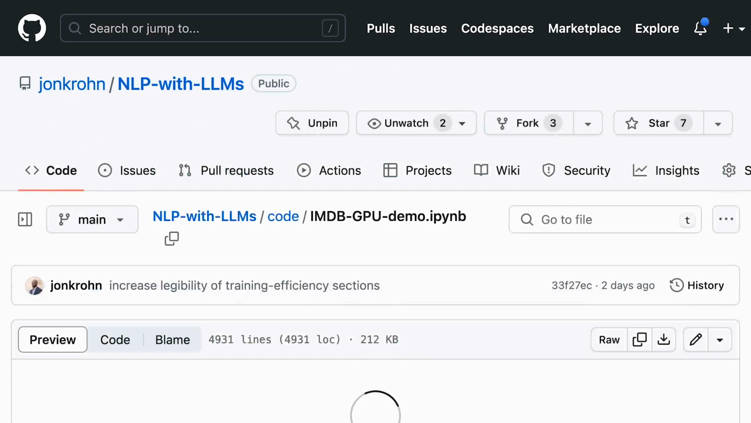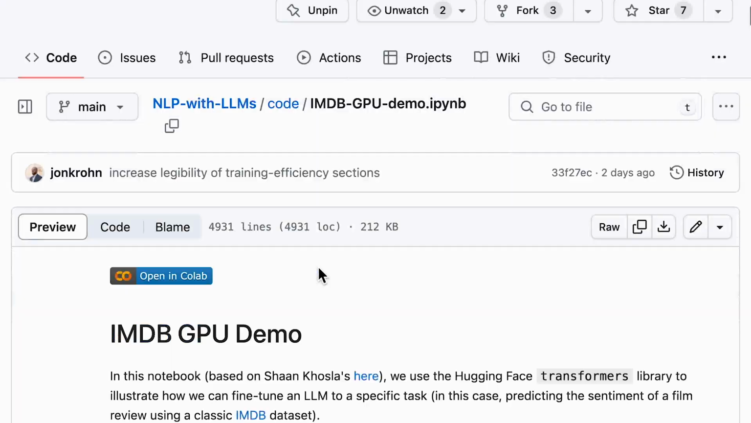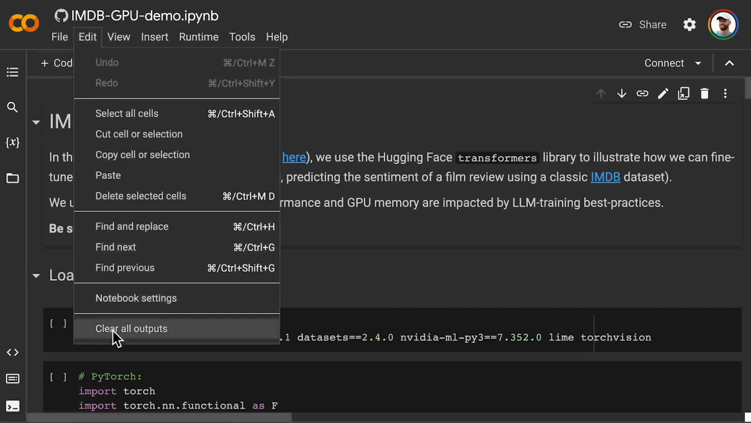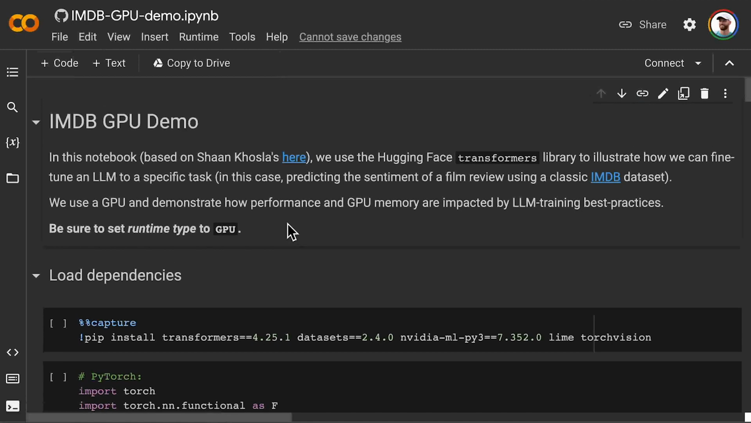So in this notebook, I'm going to clear my outputs here. This is based on code that Sean Kosla from my team at Nebula created. And so we're going to use the Hugging Face Transformers library to illustrate how we can fine-tune an LLM to